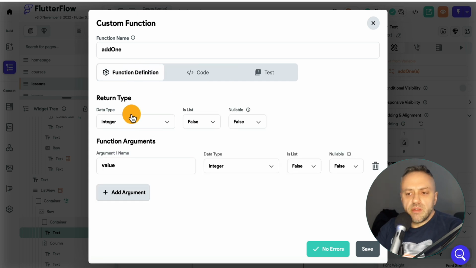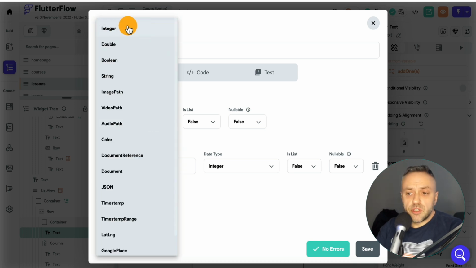Now, let's talk about the different types that you're dealing with, okay? So the first is an integer, which is basically a number. So 1, 2, 3, 4, 5, without any decimal points. It's a complete number. It's a whole number. We have a double, which is a number with a decimal point. So 5.5, 5.25, 5 point whatever, 1.2, 1.5, etc.